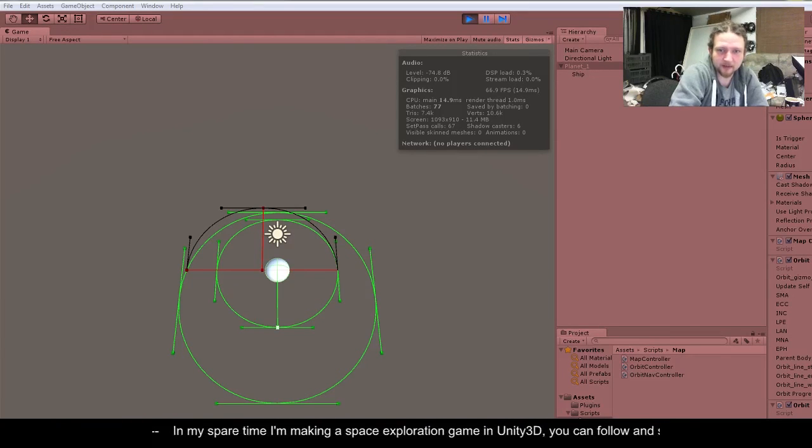Okay, so what I've done is I've adjusted the eccentricity of the target orbit,